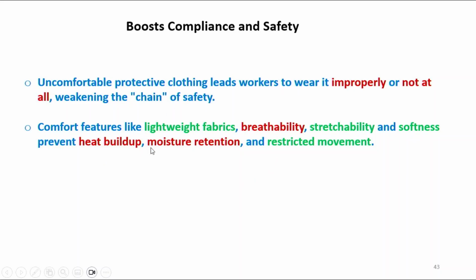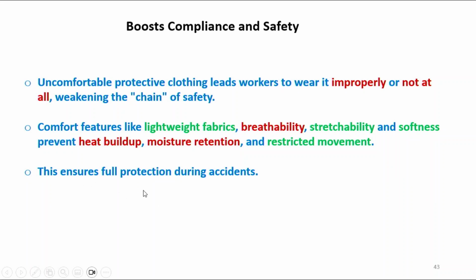It should prevent moisture retention, so moisture transmits through the clothing, and it should not restrict body movement, to ensure full protection during an accident. If we can provide all these comfort features, then the wearer will use it properly.